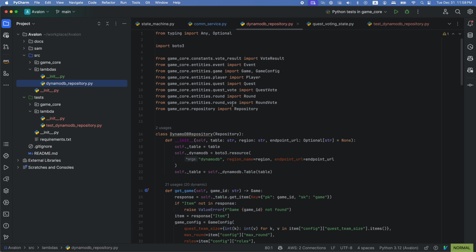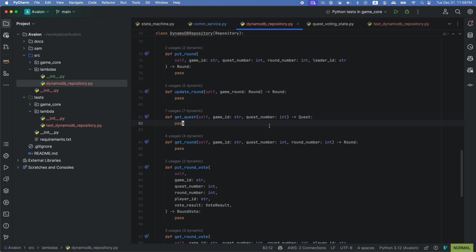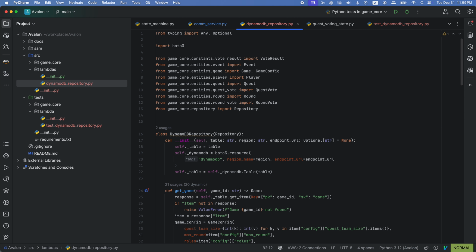So with that being said, I have started to implement the repository.